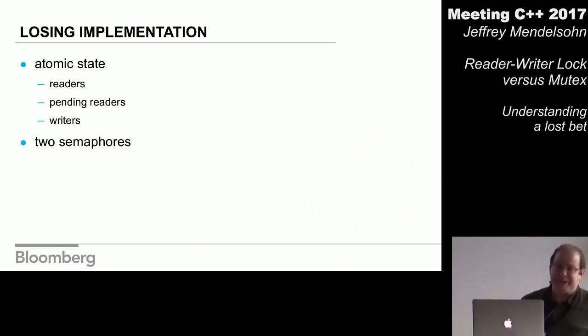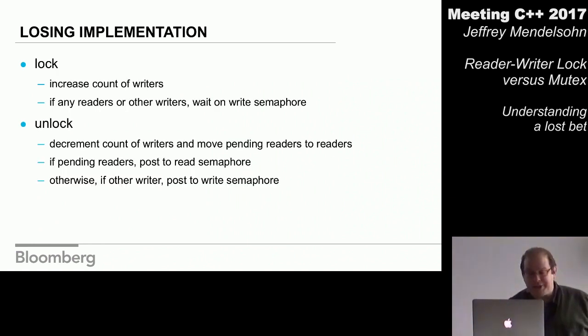So in more detail, the atomic state tracks the number of active readers in the lock, the number of pending readers, the number of readers who are waiting for the current writer to finish, and the number of writers, both active and pending, put together. There are two semaphores, one to block pending readers, one to block pending writers. And so there's four methods I want to talk about. I wish I could have shown the code. The code gives you all the detail, but it's a lot of atomic operations and compare-and-swaps, and it seems like pseudocode was better for that. Also, it wouldn't fit on slides, is what I'm trying to say.